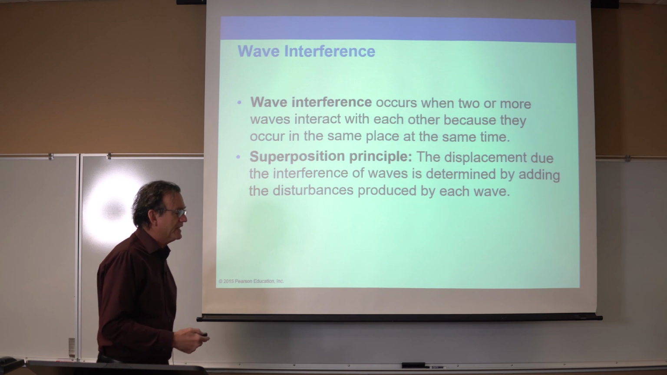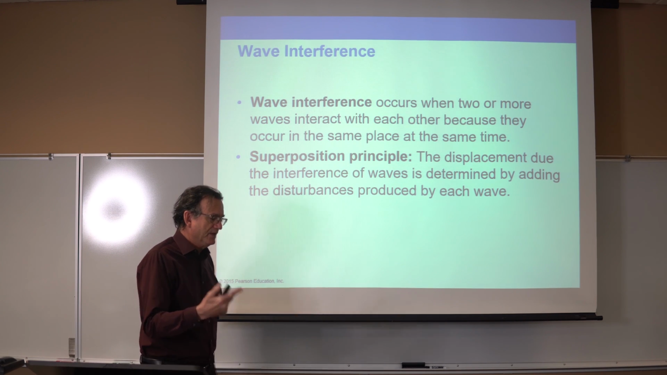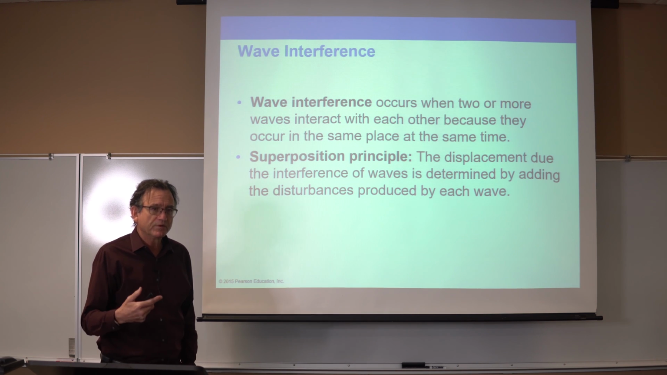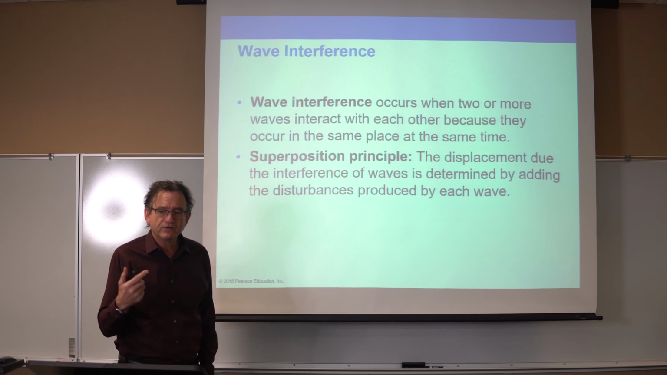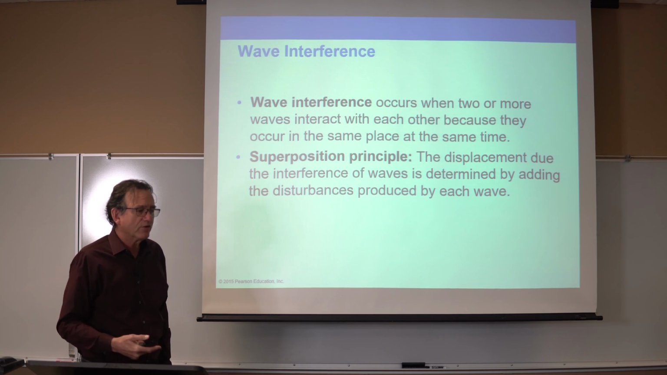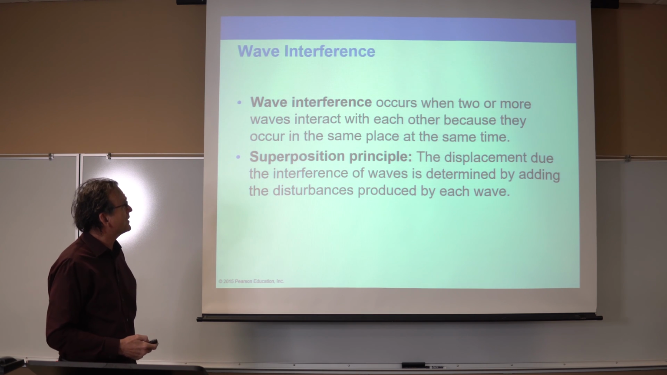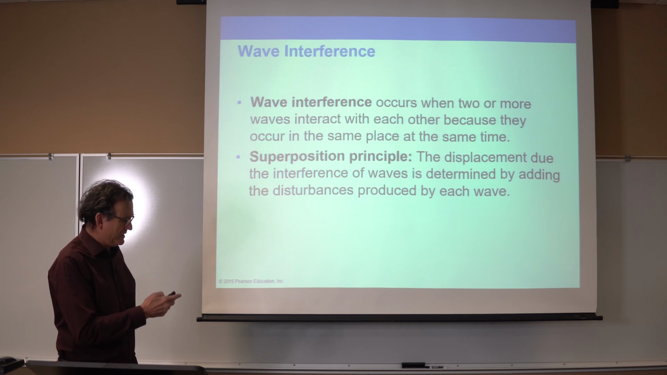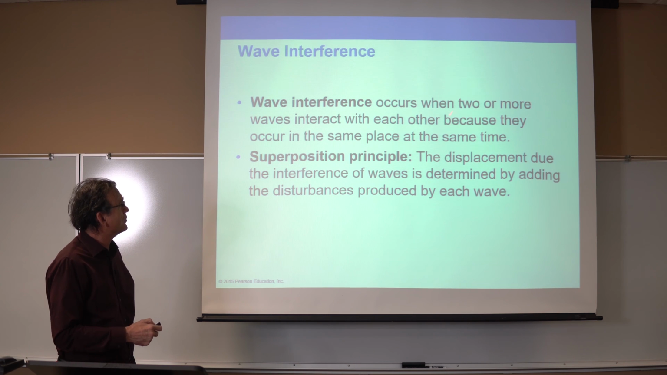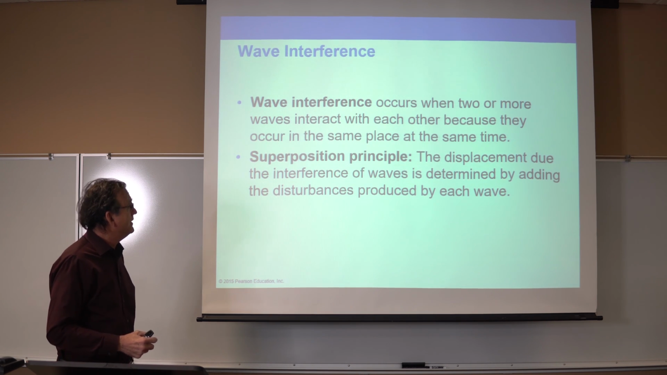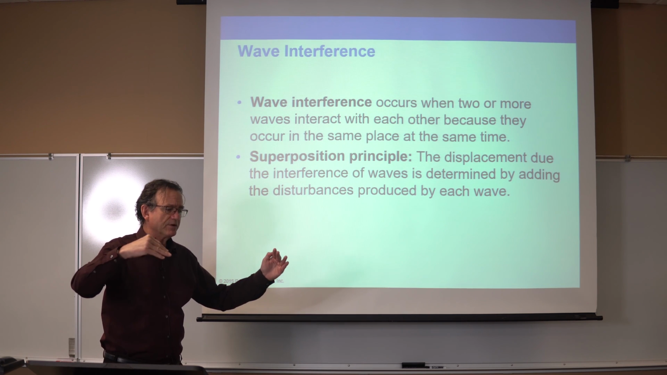Okay, now to move the understanding along a little further, we're going to talk a little bit about the interference of waves as they travel through a rope or a string. This will be particularly important with string instruments, but the general idea of wave interference is that it occurs when there are two or more waves that interact with each other because they occur in the same place and at the same time. And generally speaking, if I have two waves that are coming towards each other,